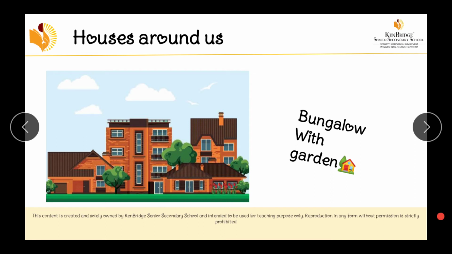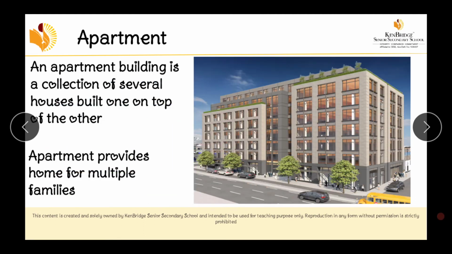The Rajas, Maharajas, they live in bungalows, and there is a big garden around the bungalow. So this is one house. The next one is apartment, that is building. You can see nowadays in Tirunelveli also we can see some buildings. Yes, 3-4 you can see. Then in Chennai, Mumbai, metropolitan cities, you can see many buildings. Yes, building is also known as apartment.